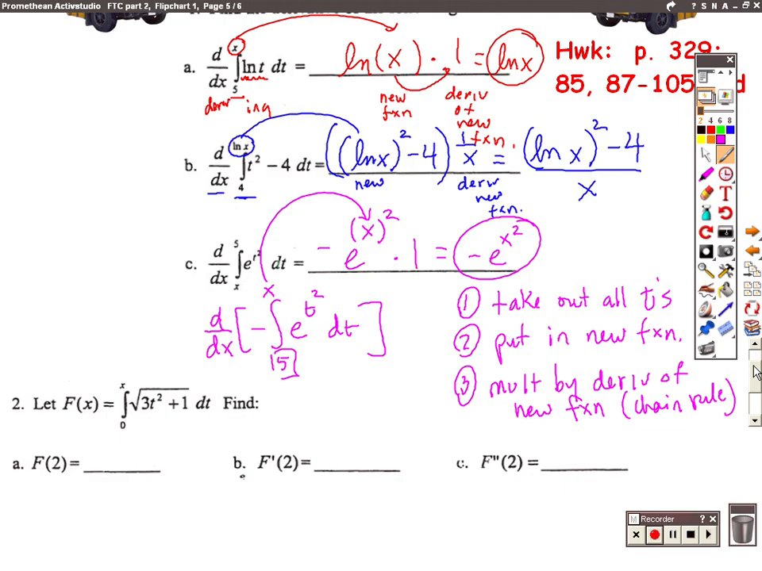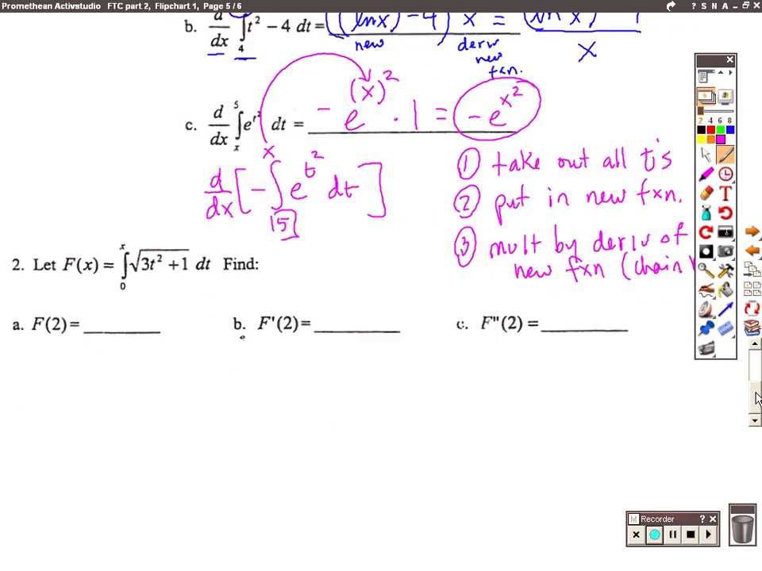Finally, number 2, let's see what's going on there. We have an original function defined as an integral. Job number 1 is to find f of 2. Well, f of 2, according to this formula, would be the integral from 0 to 2. In other words, I'm just putting in a 2 everywhere I see an x, of the square root of 3t squared plus 1